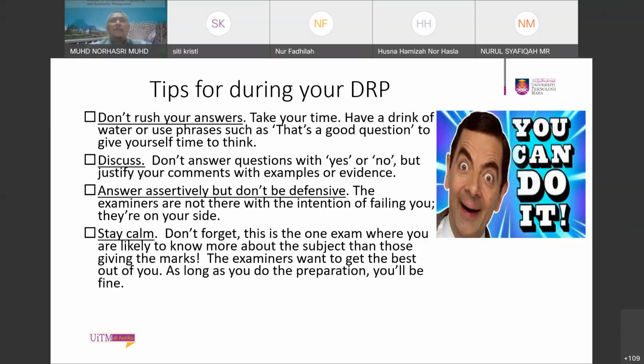Although maybe some of the questions asked by the panels you cannot answer, just say something very good. For example, I already wrote this. Thank you for the question. I already read this statement before, and I already mentioned it in my literature review, in this section, but I will take a clearer look at this to support or to improve based on your comment. That is how you react.